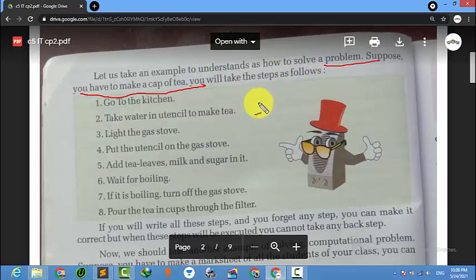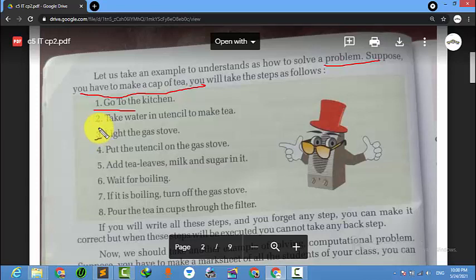In order to make a cup of tea, what are the steps? We can't just make tea with no plan. There is a proper process. We can't just light up the gas and put the tea in and have it be ready. First step, go to the kitchen.